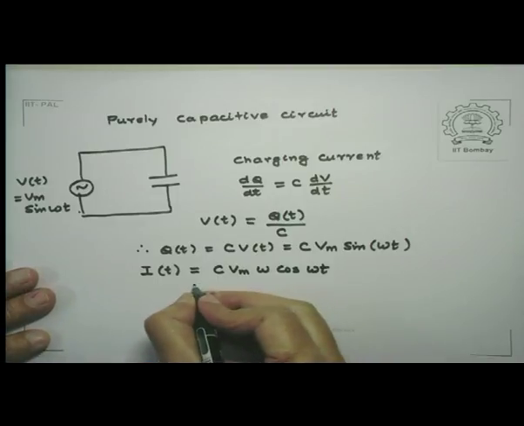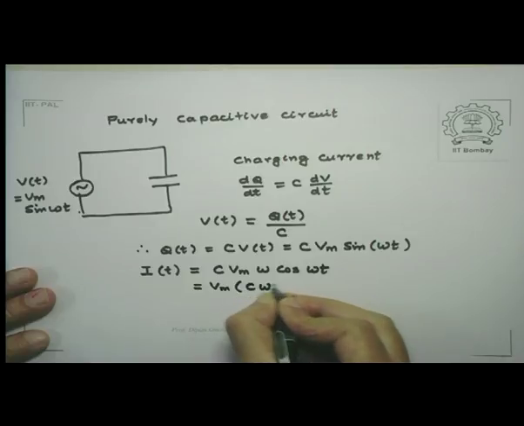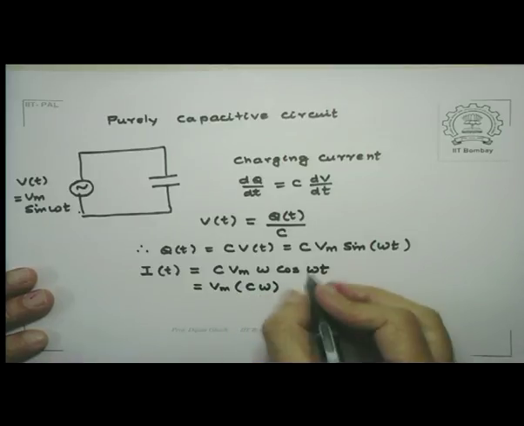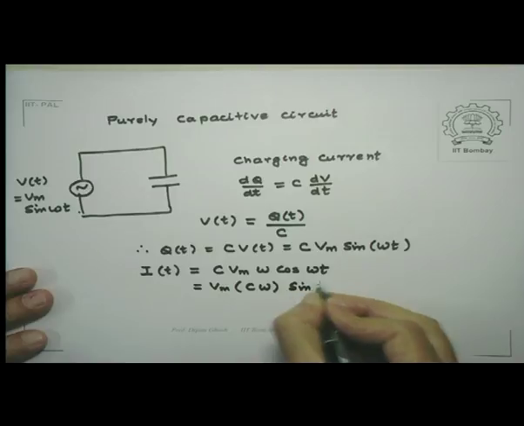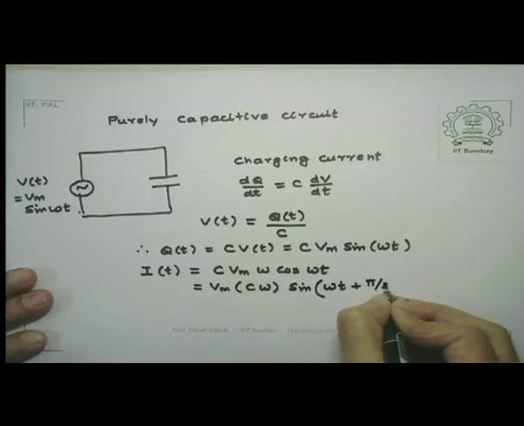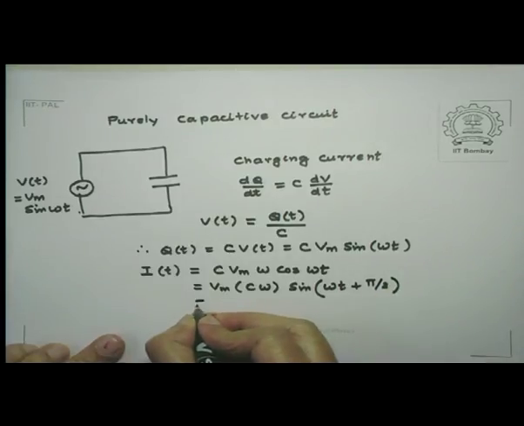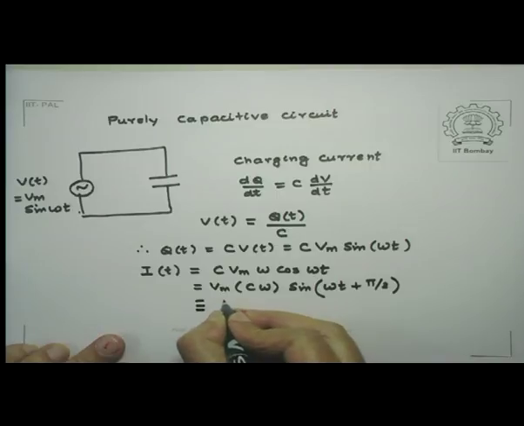And I will rewrite this as Vm times C omega. Now cosine of omega t I would write as sine of omega t plus pi by 2. So I write this current as equal to Im sine of omega t plus pi by 2,